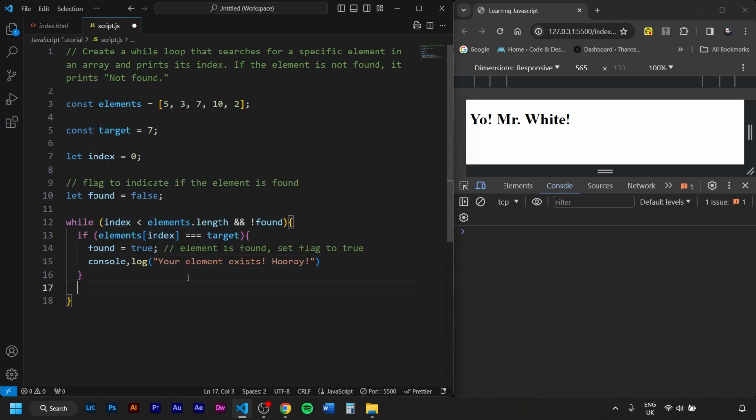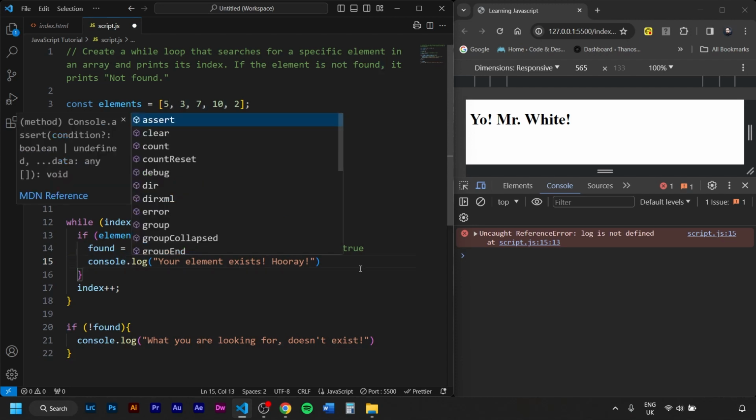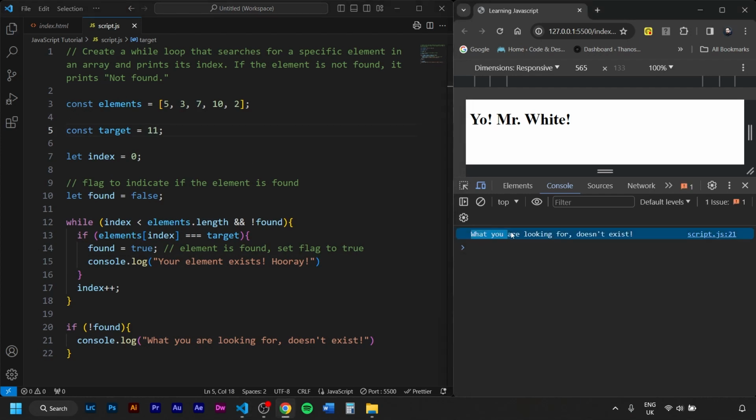After the if we go index plus plus, and then when the while loop is done we go outside and we say if not found, so if found remained false after searching the whole array, console.log what you are looking for doesn't exist. Let's save. Yeah, over here I put console comma log, it's console.log. So let's save again. Your element exists, hooray. So if we are looking for number 11, that doesn't exist, and we save now, boom, what you're looking for